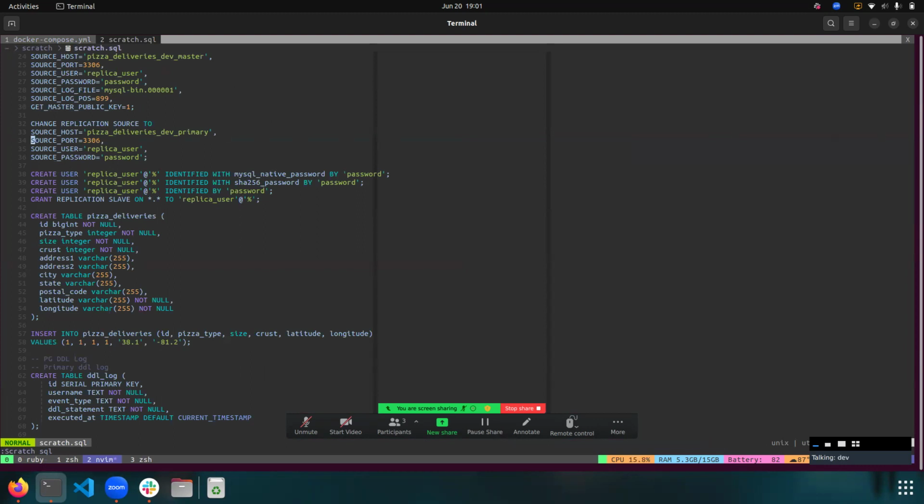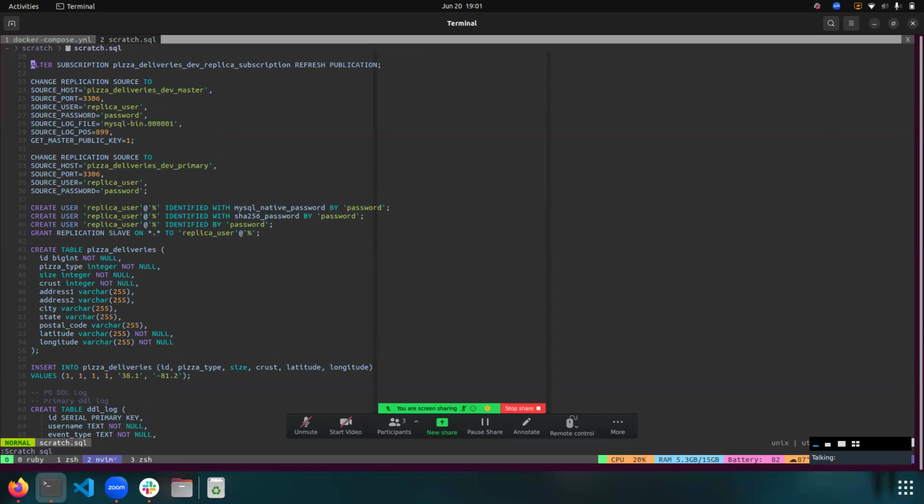So you have to basically create a replica user on the replica database, and then you have to change the replication first. I will try it real quick. So if you can't figure it out,